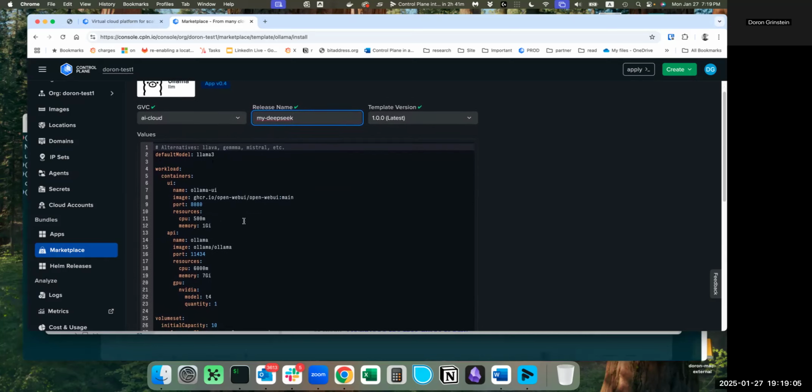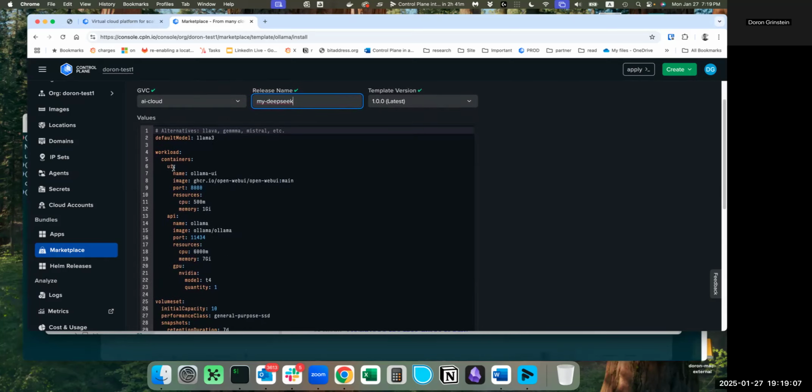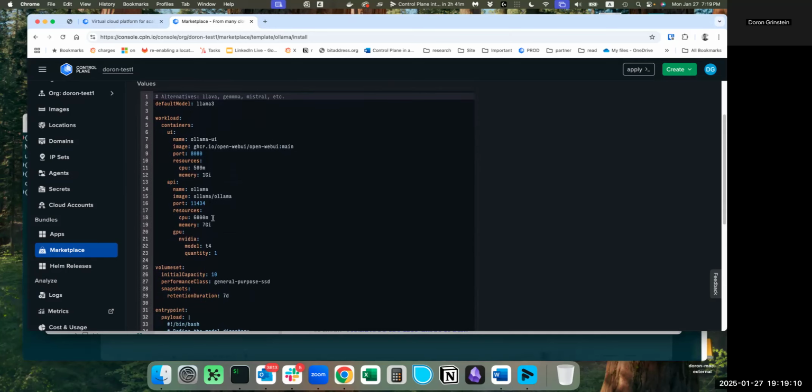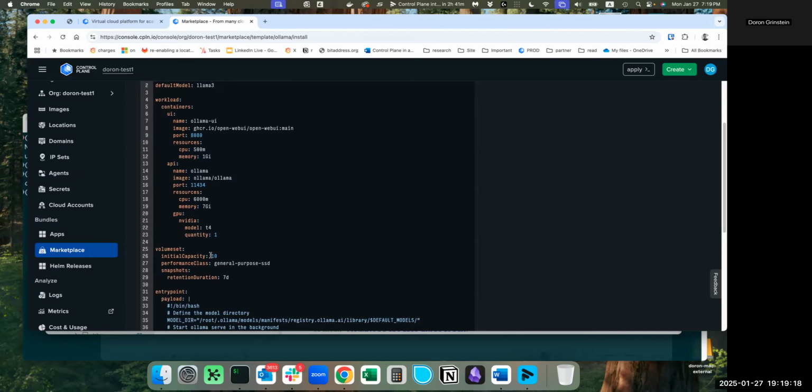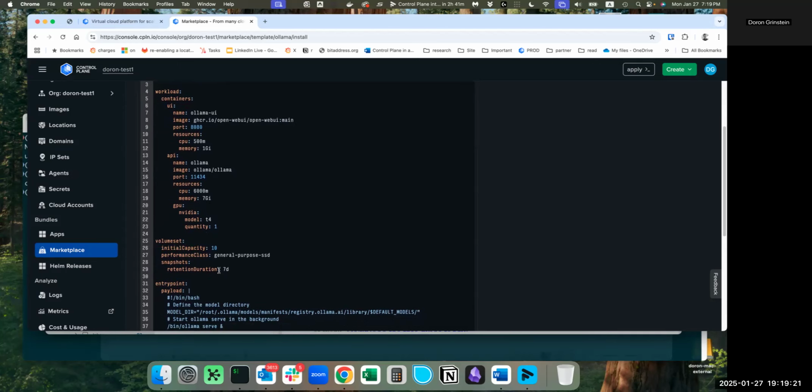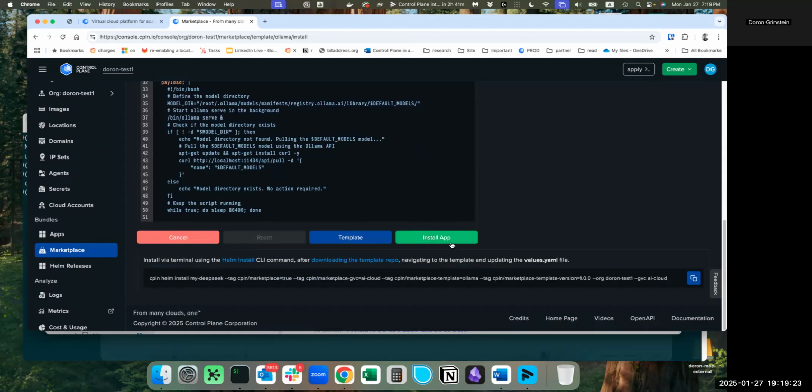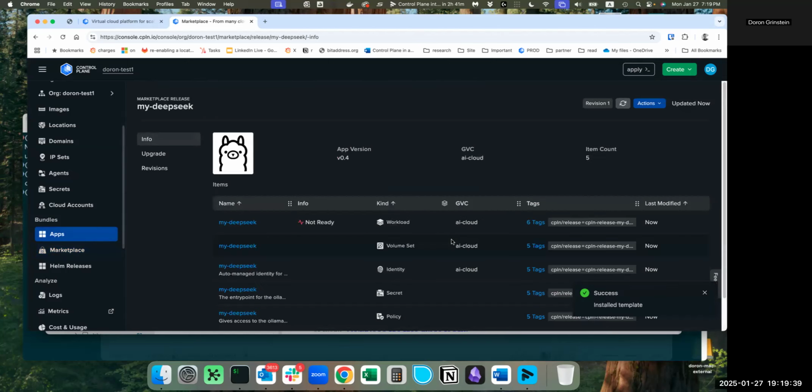And it has a few containers. One is the UI, one is the API, and the API uses one T4. If I wanted more T4s, I can put more here. I can tell it how much initial capacity I need in terms of storage, what the retention policy is. I'm not going to make any changes. Of course, you can. And it will create the workload, the volume set, the secret, the policy, all the objects that are needed to run this particular application. So you can see here,